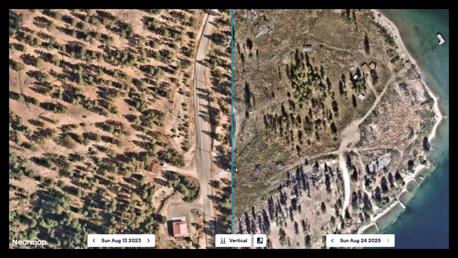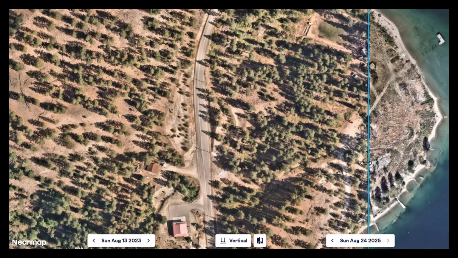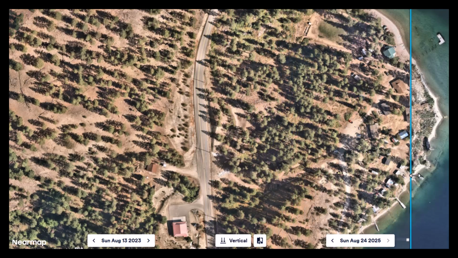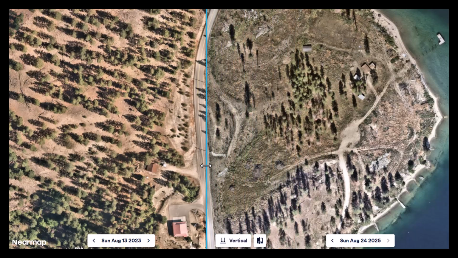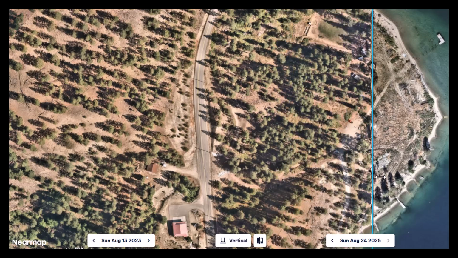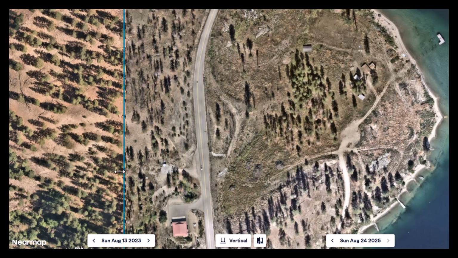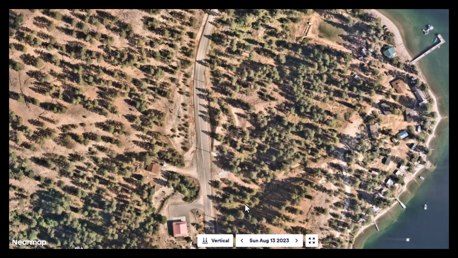Here is a before and after view of the area affected by the wildfire. So the photographs are taken 2 years apart. Of course, as we go for